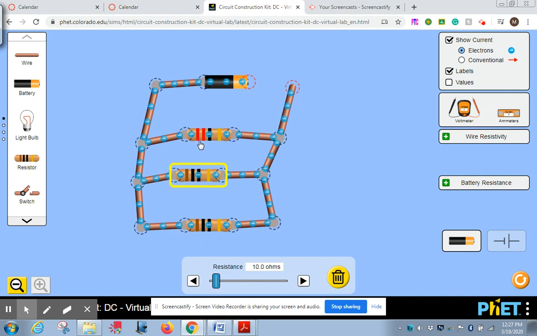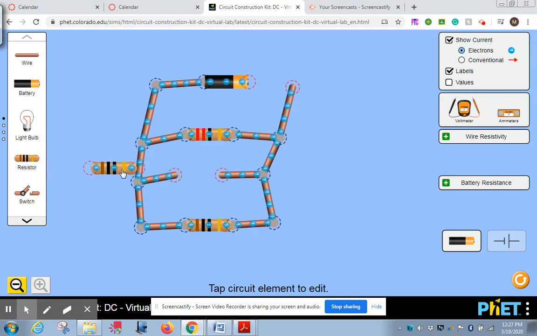And this is really cool. If you remember, we learned about the color codes. It changes the color codes when you get the right resistance. So I thought that was a fun little feature. And it's going too far. No, go back. So I think this one was 15. I don't know why that won't stop. I'm going to delete you because you're not behaving. Okay. So anyway,